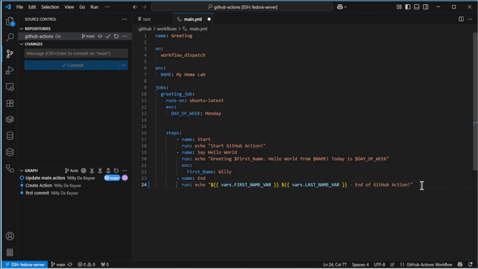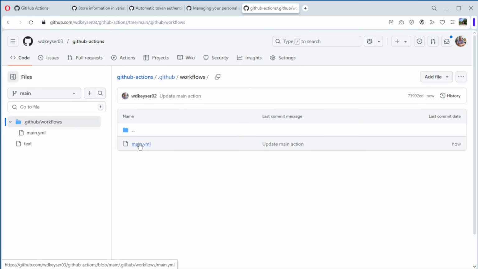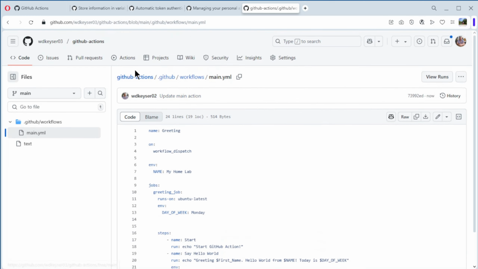Okay, save it, Control S, commit it, update main action. Okay, commit it and sync it. Now we go back to our browser, refresh it, open the directory, open main.yaml, and you see we have our change. Now we go to actions,